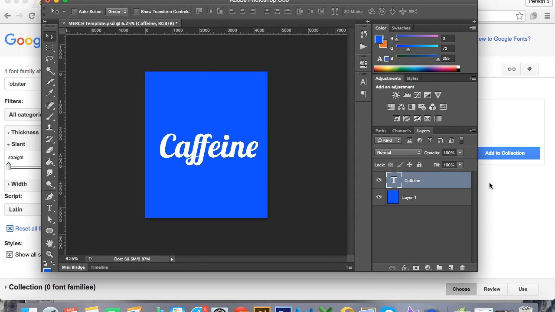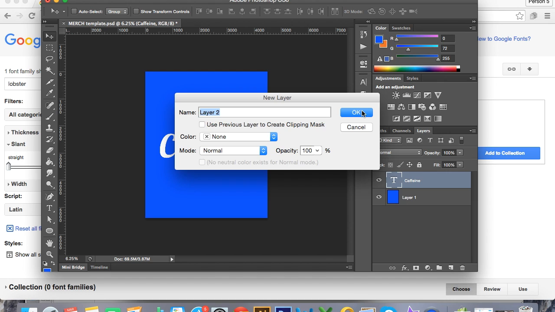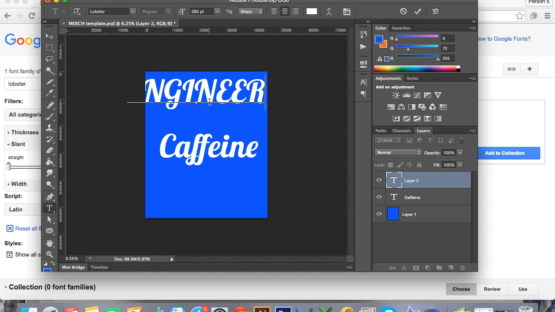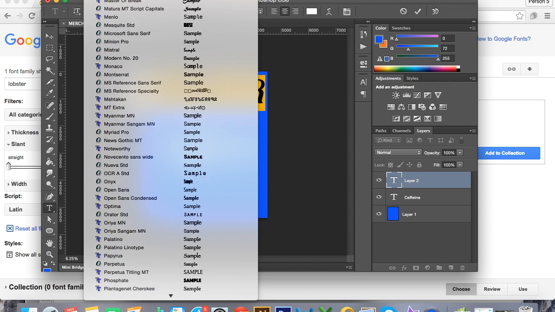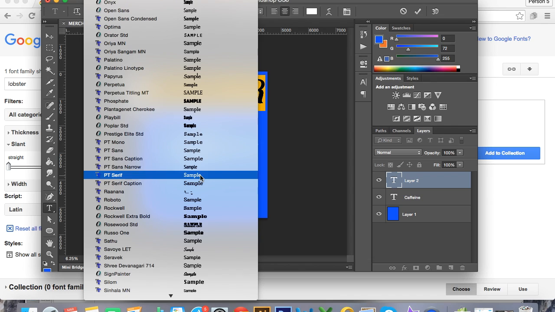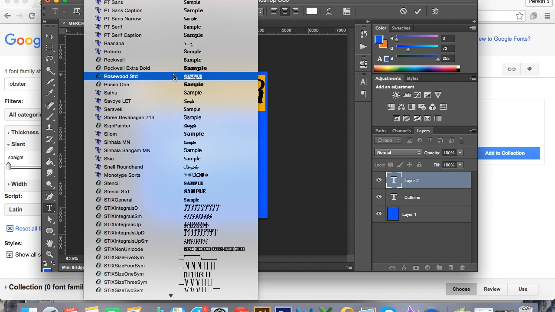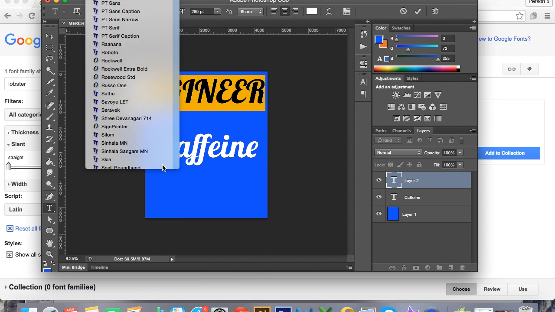In this example, I'm almost exactly duplicating the other t-shirt design, which usually I'd recommend trying to put your own unique spin on an existing design using their catchy phrase or even switching it up a little bit. But for the sake of this example, I'm just going to completely rip it and try to duplicate it